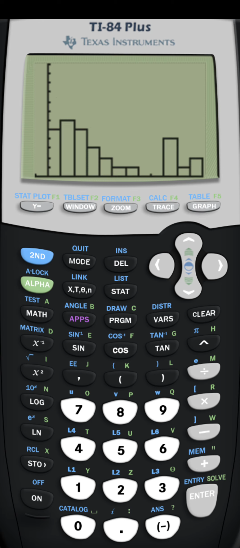And now when we do that, if I hit trace again, so notice now the class limits are saying 0 to 1, and now our frequencies agree with what we calculated earlier. So our n is 5, then we have 6, 5, 3, 2, 1, 1, so forth and so on. Alright, so that is the histogram, the graphical representation of the frequency distribution. And we introduced a new type of frequency in class today called the cumulative frequency, and we couldn't quite get it to graph. And the reason is, what our calculators are doing is scaling our